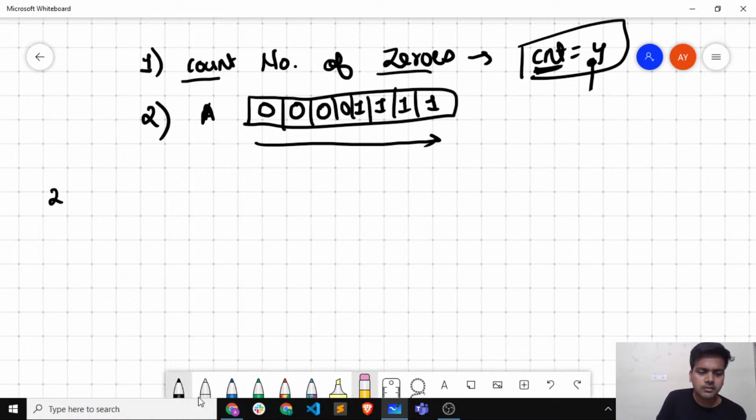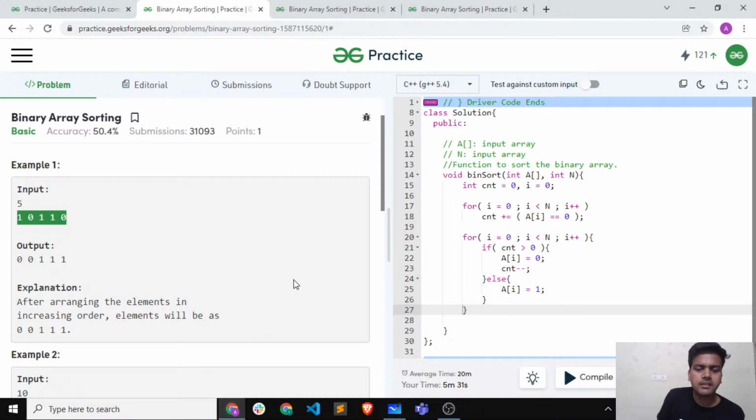So let's get back to the solution. We said that we will do two traversals of the complete array, and first we will count all the zeros, then we will fill all the zeros from the starting, equal to this particular count variable, and the remaining I will fill with ones. So let's quickly see the code for this,